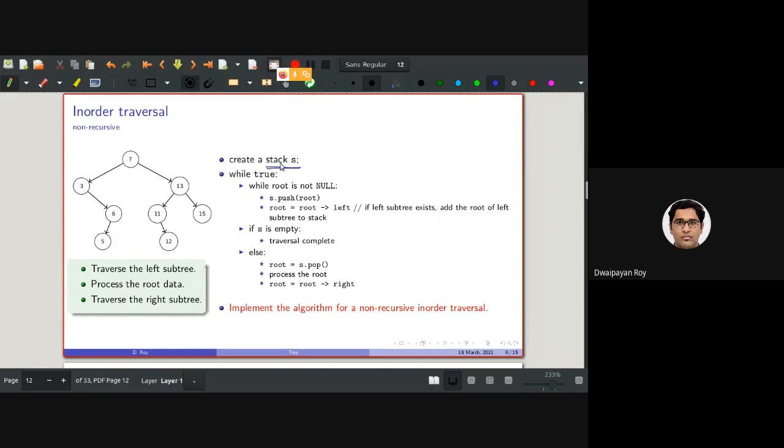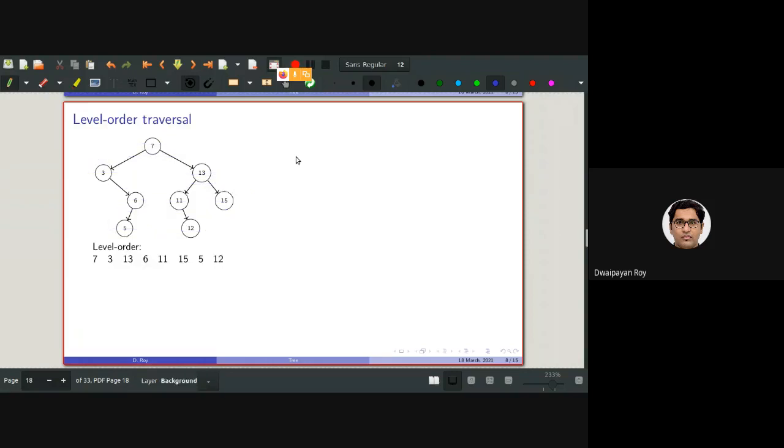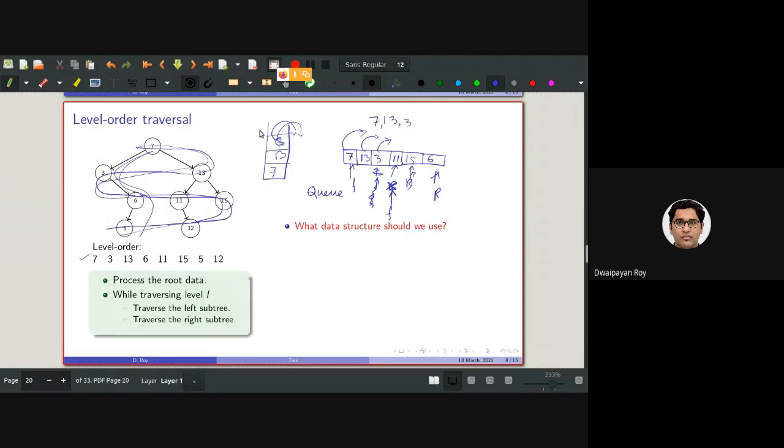By using a data structure, I mean to make the non-recursive version of the recursive function of in-order or pre-order, we had used this stack data structure. But as I have discussed here, stack would not be the correct option, because the stack works in last in first out order, right?